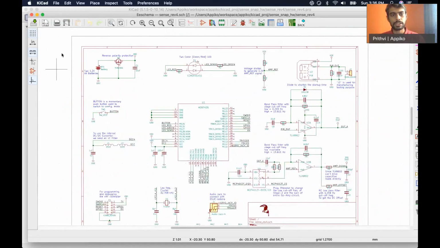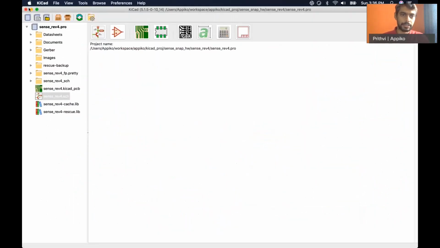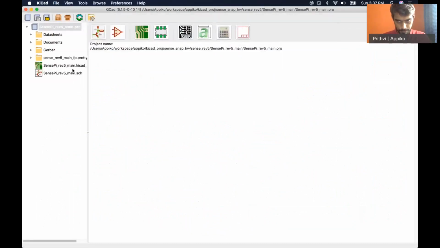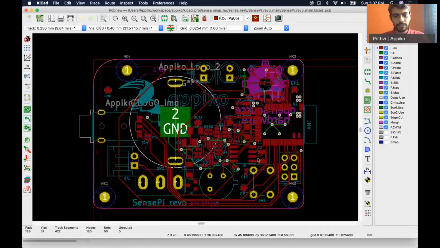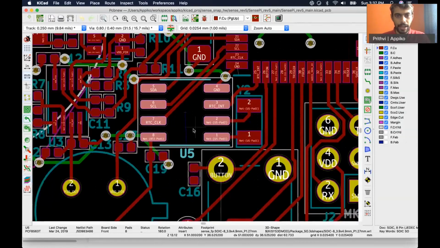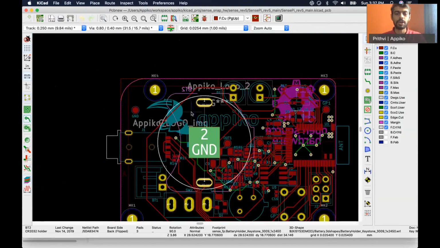Another difference is that there was no way to keep track of the time in this version. So in the next version, we used an external RTC, which I'll show you, and a backup battery. As you can see, we have an RTC here, which is the PCF8563T, and a coin cell here, so that even when the main power is removed, you have backup power for this RTC.